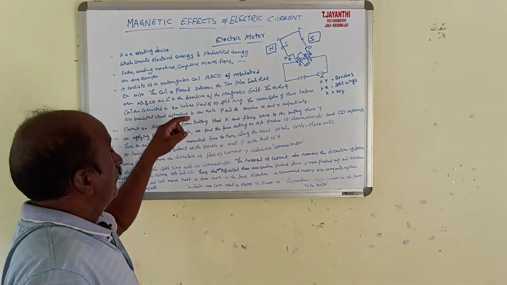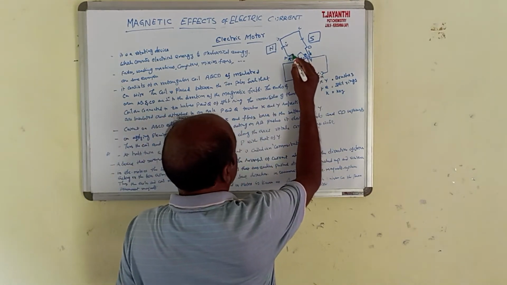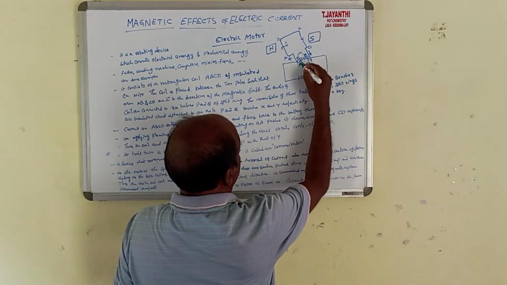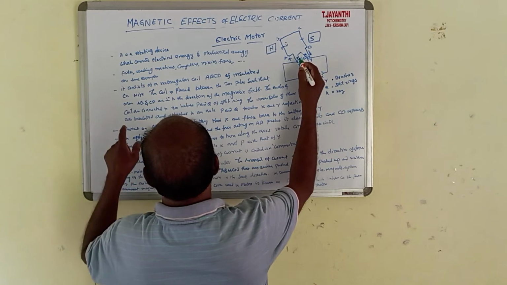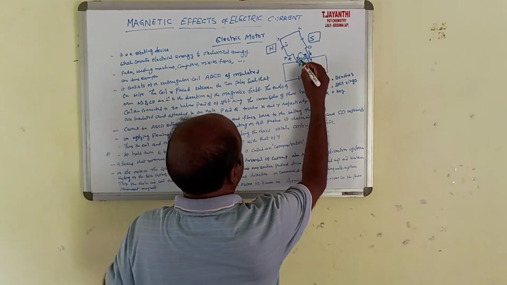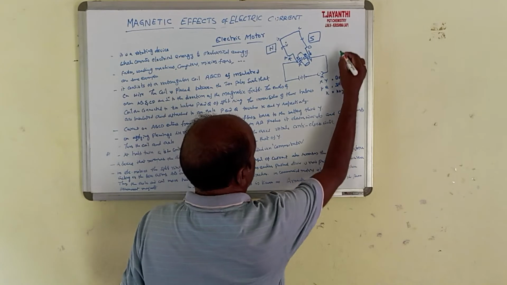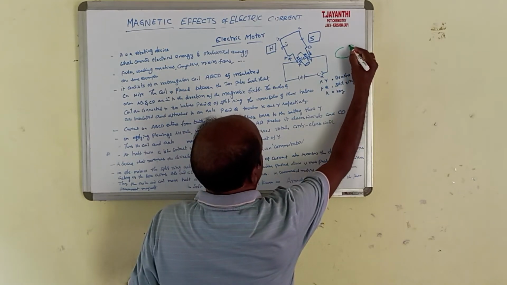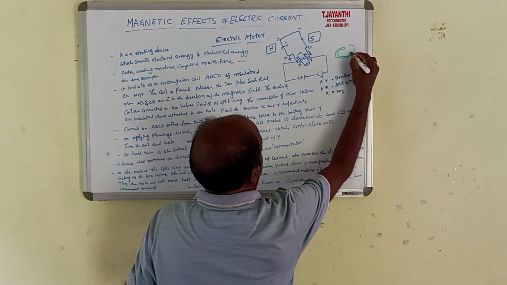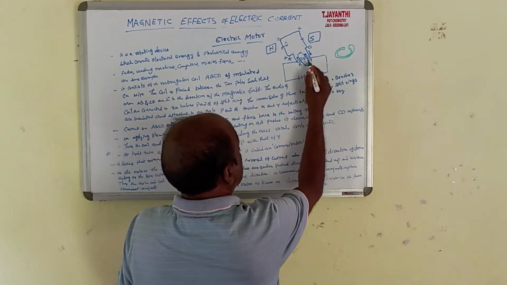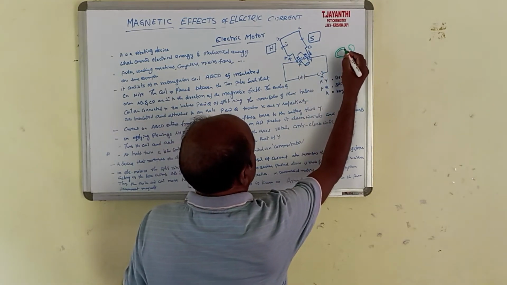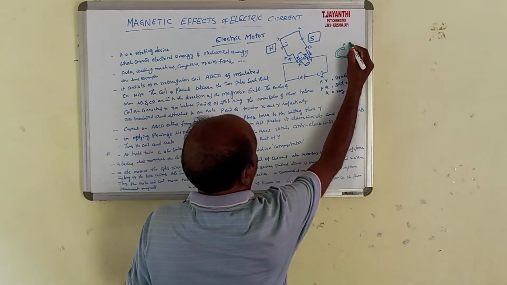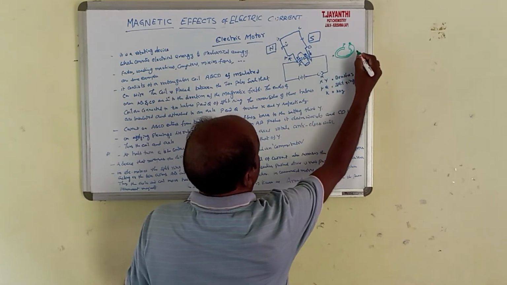The ends of this coil ABCD are connected to a brush here. You see, connected to two halves P and Q of a circular ring. You see, like this. This system is represented like this, and here P and Q, then this is X and Y. Okay.